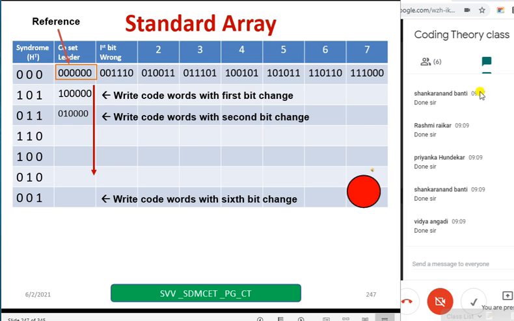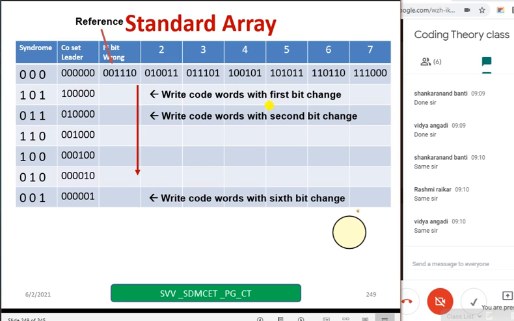Okay. Most of them have completed the first row now. Let me show you the first row. Compare what you have written with this. I am sure it will be the same. If it is the same, you write down the same. Now, let us go to the next. If you write the second row correctly, then most of the work is done. Let us go to the